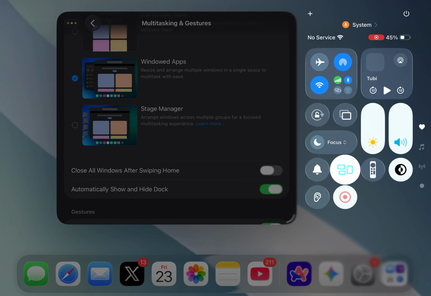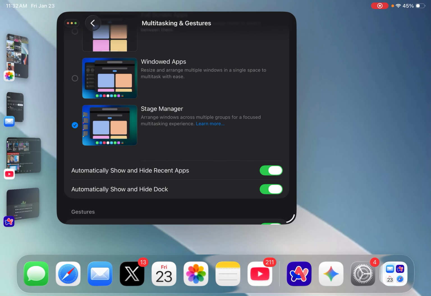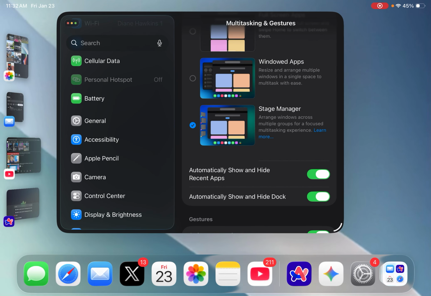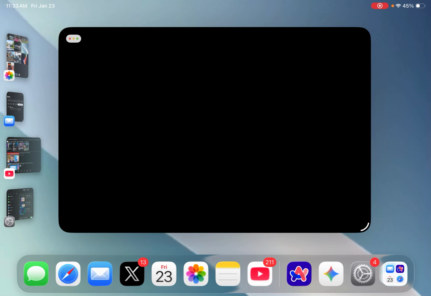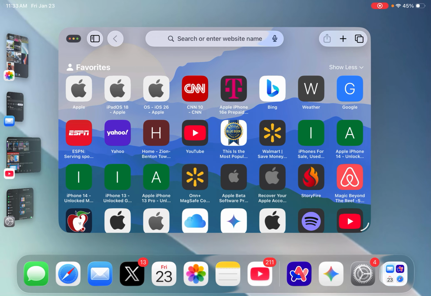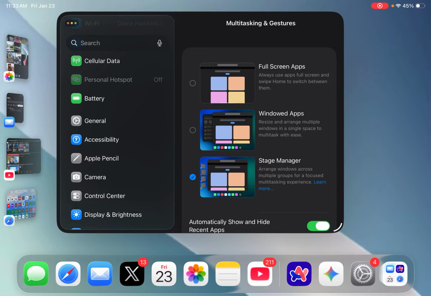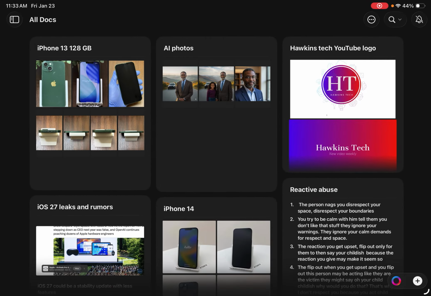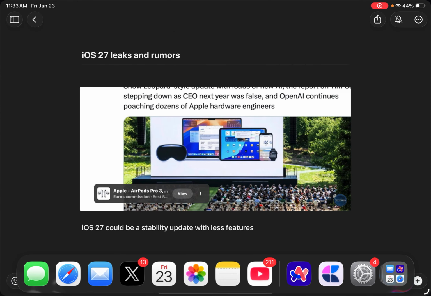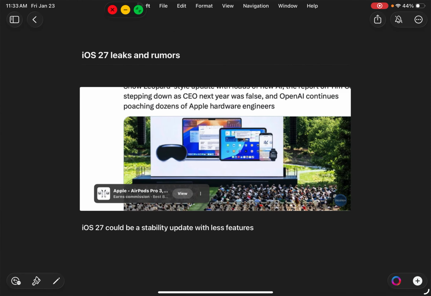Now with the windowing system or Stage Manager, you basically get the feature that you've been missing out on. A lot of people have been missing out on this feature due to not having a supported iPad, and they finally get the feature on all of their devices. And you can customize it pretty great. So you can be within the Craft app here. If I go into some iOS 27 documents here,